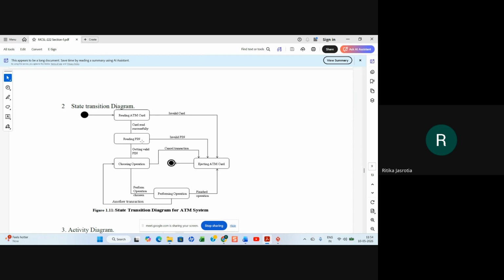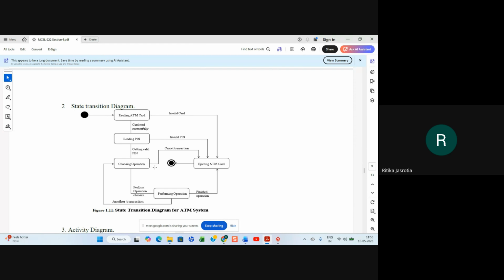If the card is invalid, it will eject the ATM card. If the card is read successfully, go to reading pin. If the pin is invalid, it goes to eject ATM card. If the pin is valid, getting valid pin, then choose operation.